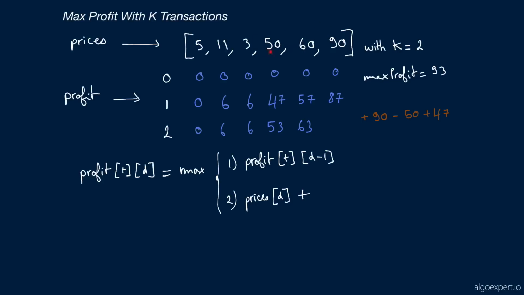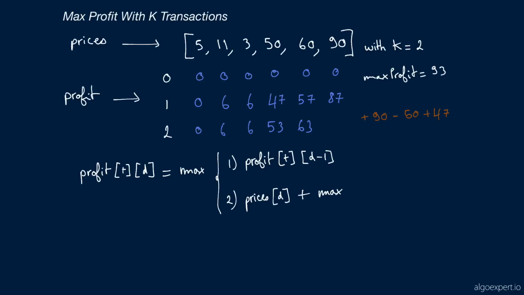So this is just for one example, assuming that we had bought at 50. But maybe we don't want to buy at 50. Maybe we want to buy at $3. Or maybe we want to buy at $5. In fact, what we want to do is find the day at which we can buy that will maximize our profit, or that will maximize this value here that I'm circling. And so this is going to translate into another sort of max comparison, which is going to be the maximum of,